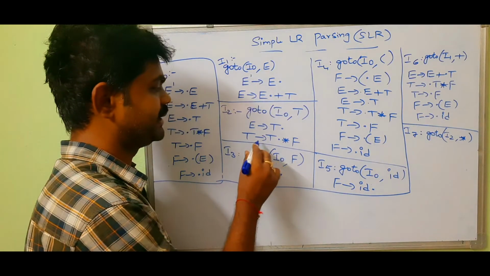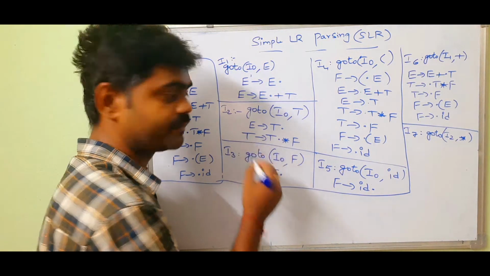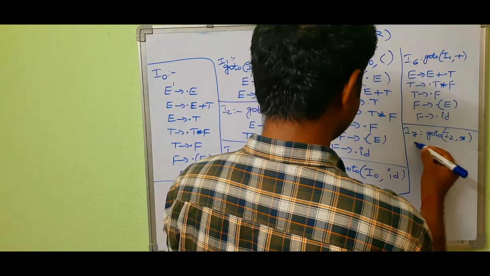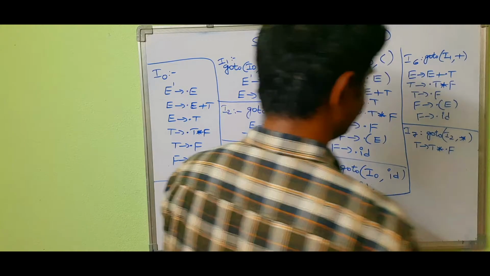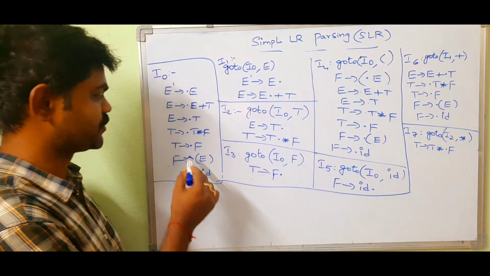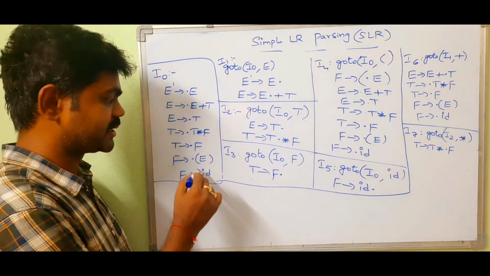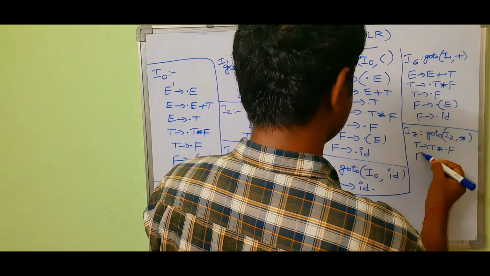So what we get? T tends to T star dot F. So after dot we have capital F. That means we should write these two productions. Why? Because we have a non-terminal over there. Okay. So F tends to